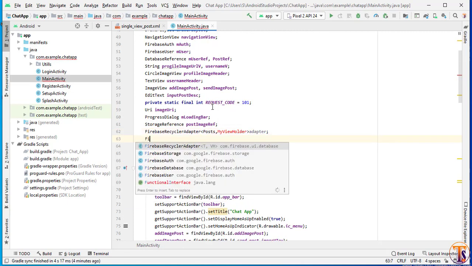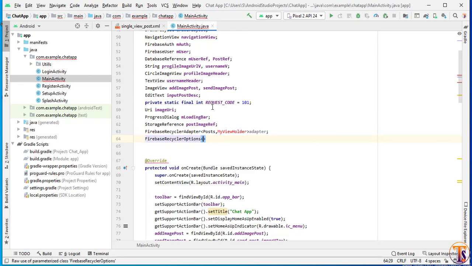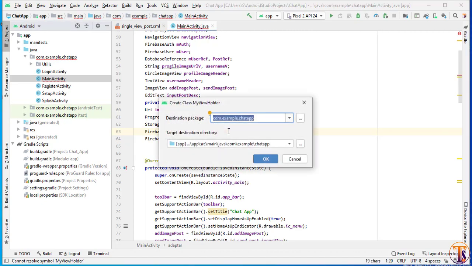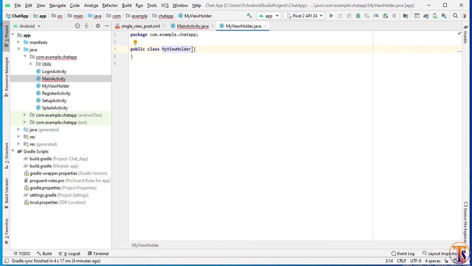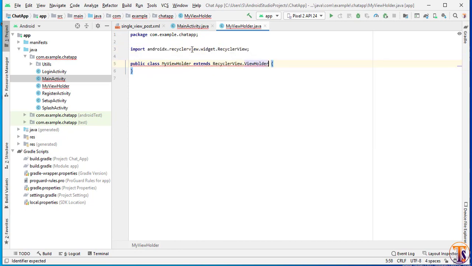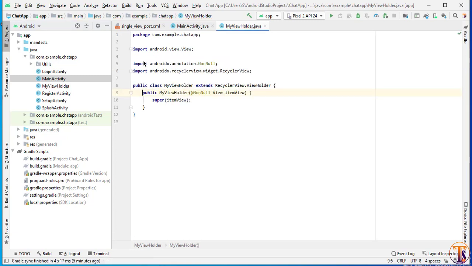Okay, now FirebaseRecyclerOptions and pass here Post and simply pass here options. Okay, now this class is not created yet, so press Alt+Enter to create the class. Okay, now this will extend ViewHolder, select this one and press Alt+Enter to create constructor matching super.